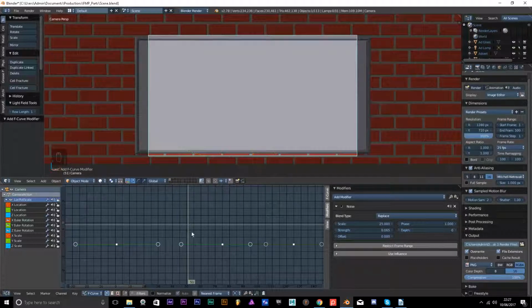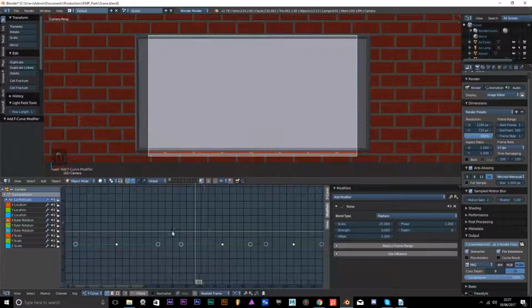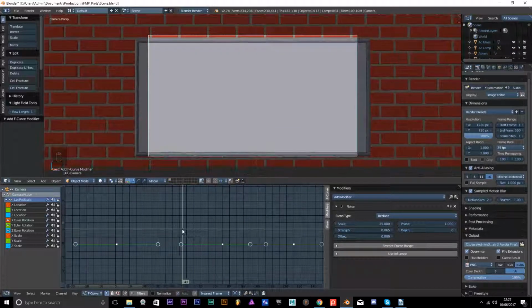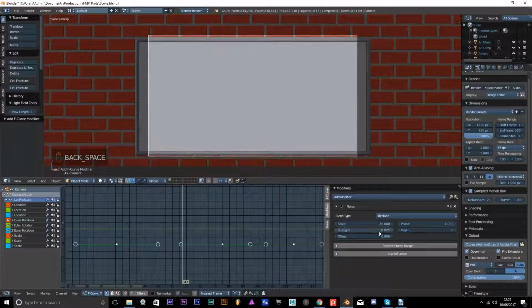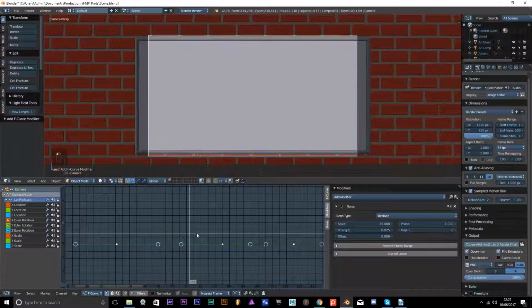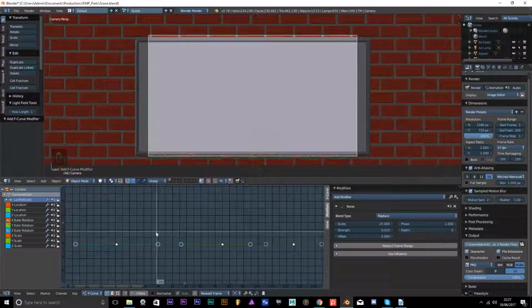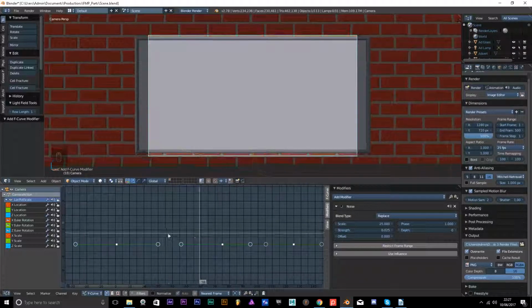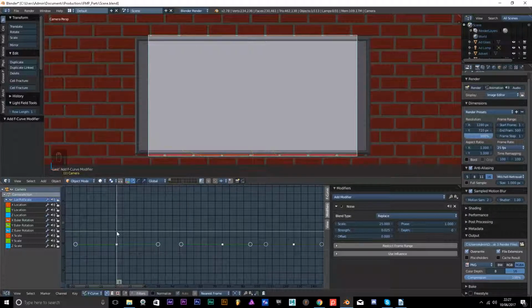Let's try that. Maybe let's go a little lower. 25. Let's go 25. As you can see, you get that slight wobble in the camera. That is known as a shaky camera effect.